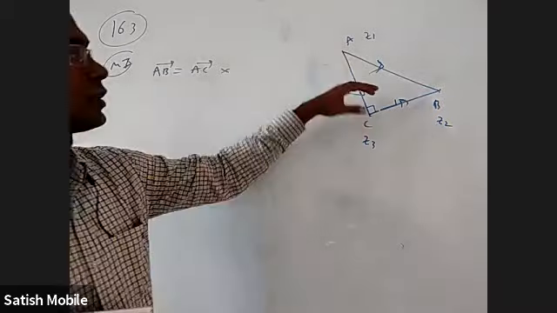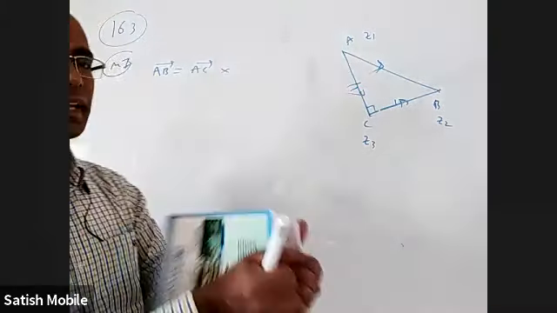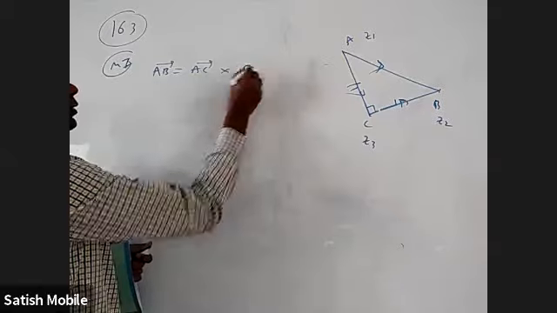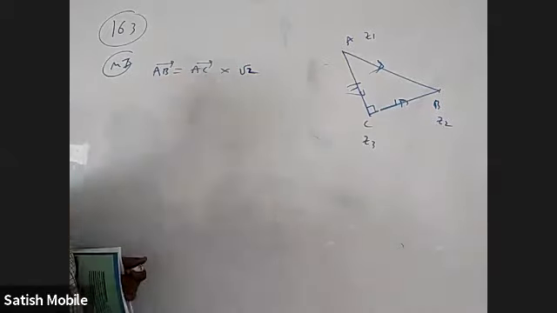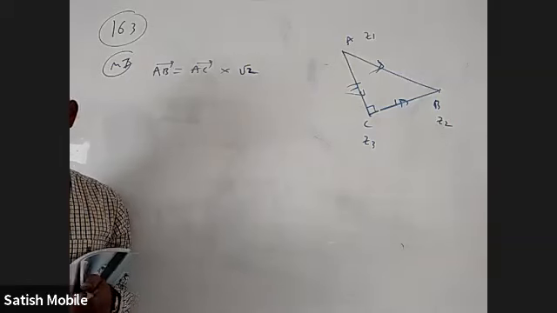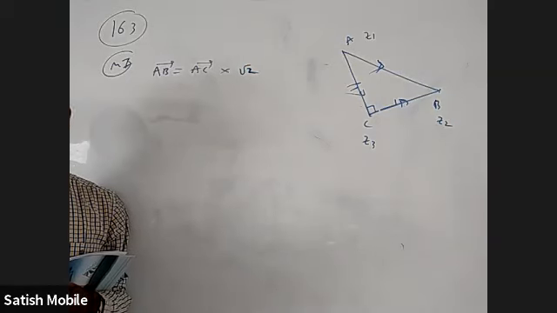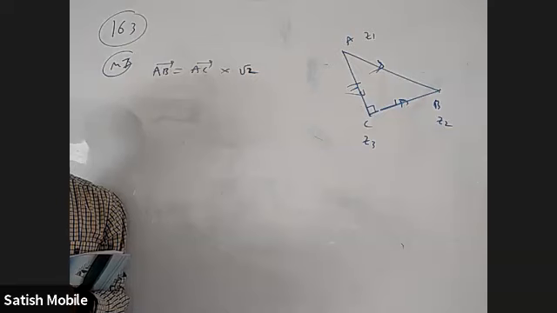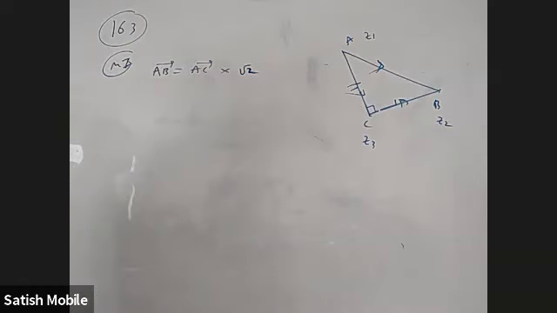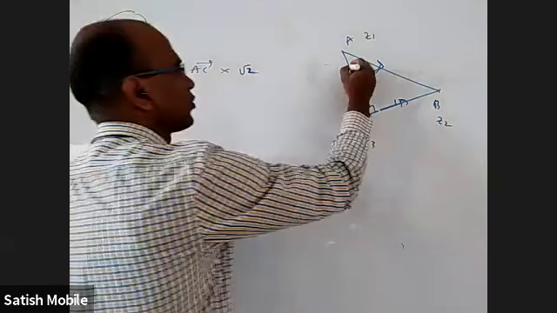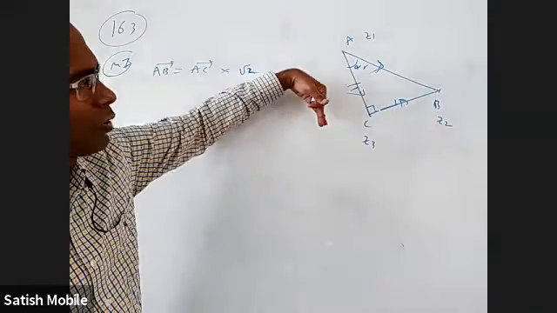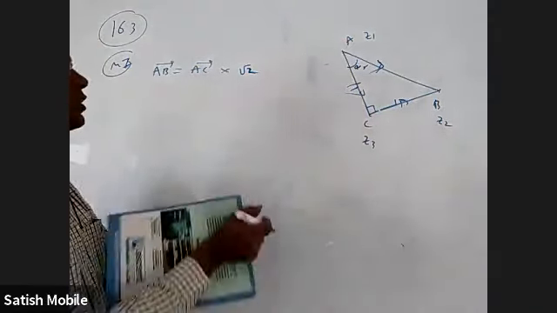You have to multiply with root 2, yes, correct, because this length is root 2 times this length. So I have to magnify by root 2 times. That is this length by this length, that is root 2. That's all or anything else? It is 45 degrees. Because this is 45 degrees, from AC bar, I have to go anti-clockwise 45 degrees. So into cis 45, that's it.